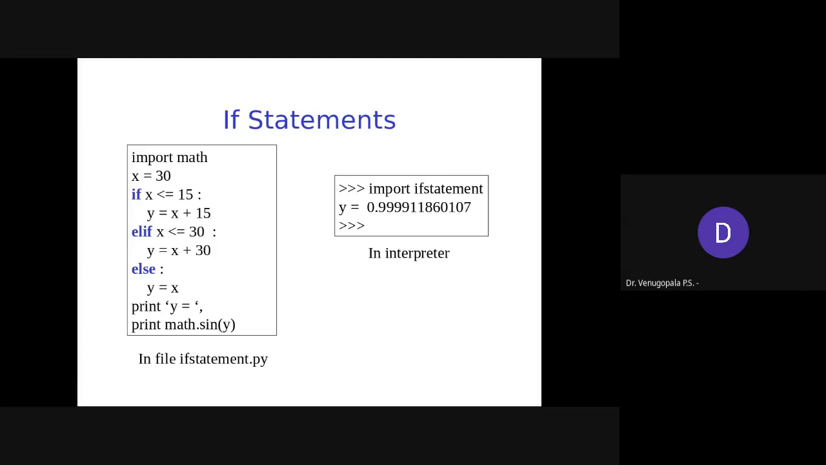Welcome to the next session. In this session, we will be talking about the conditional statement. Conditional statements include the if statement, if else, and looping statements. As you can see in this slide,